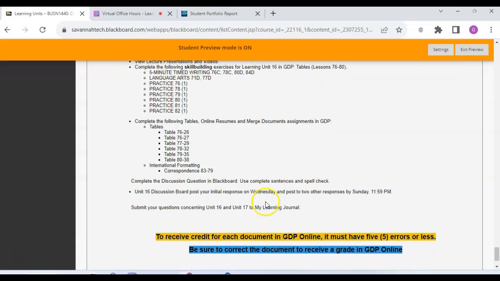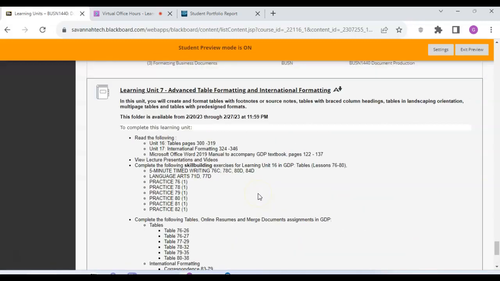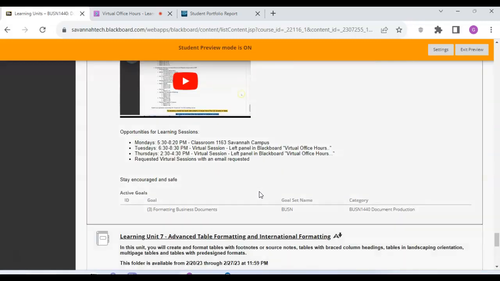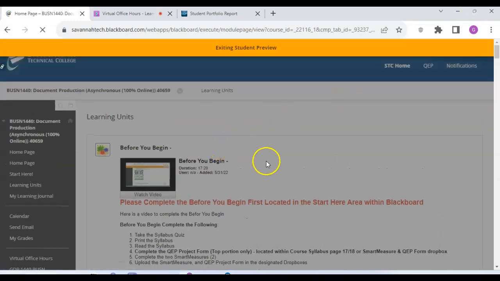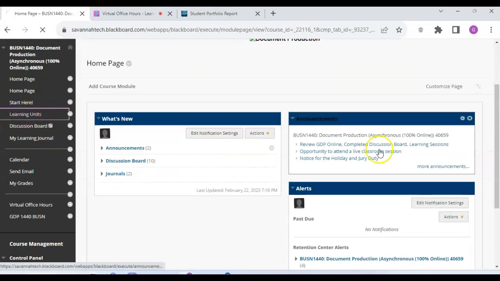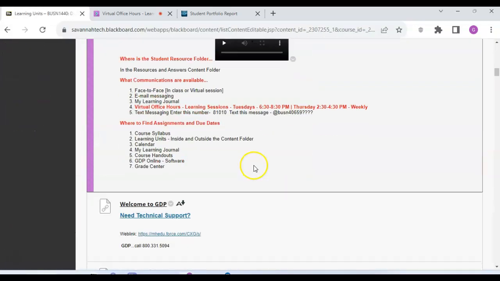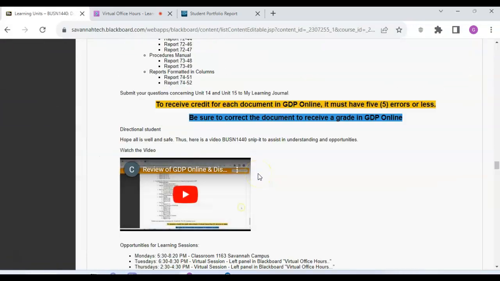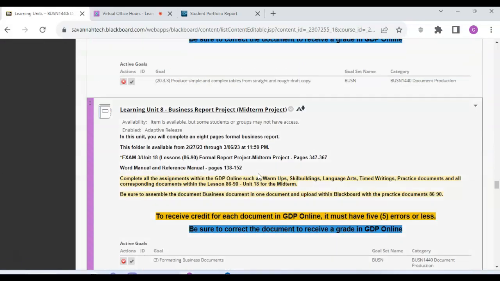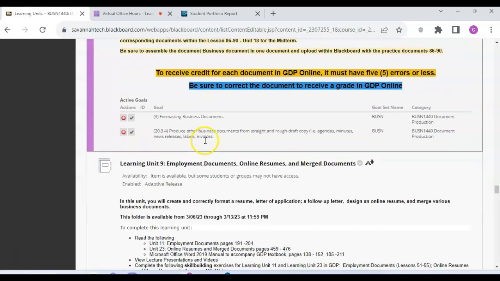So to give you another snippet of what's coming up for the next week, you're going to have your QEP, which I'm going to show you. That will be coming up in your learning unit. So with that being said, you will have to watch a video. I'm going to show you this so you can just have a snippet. You will watch a video,